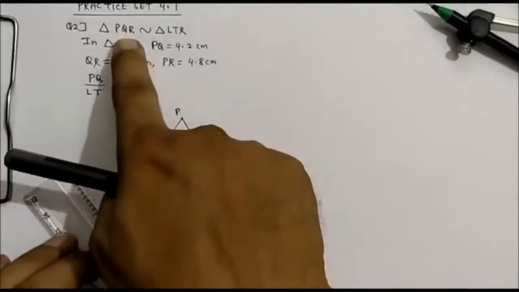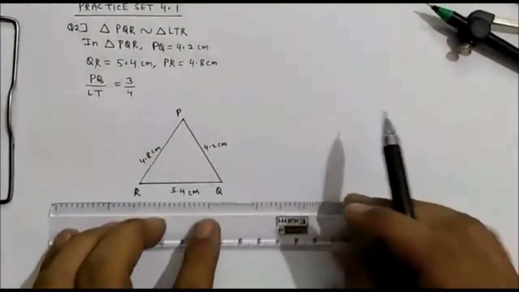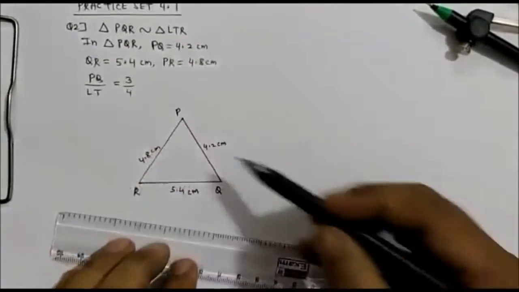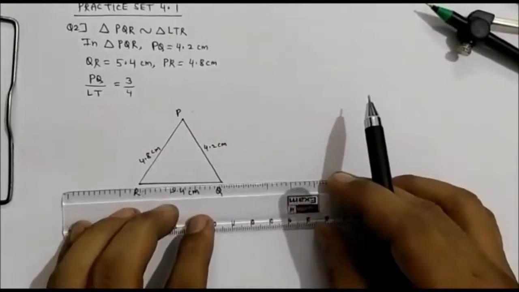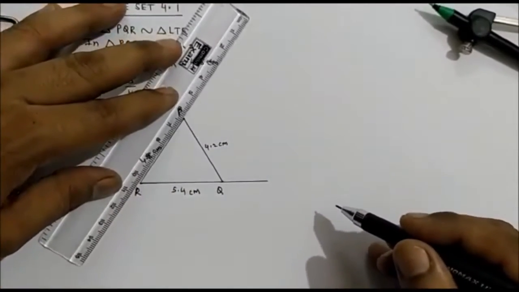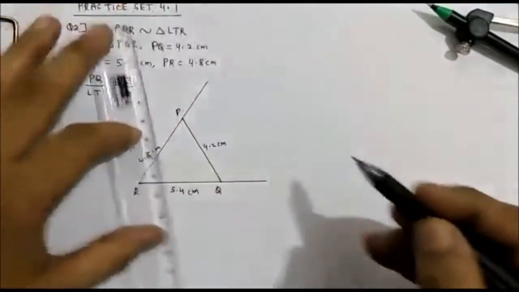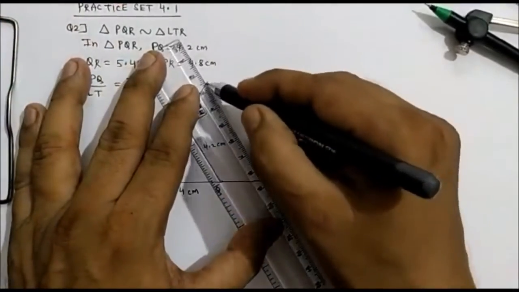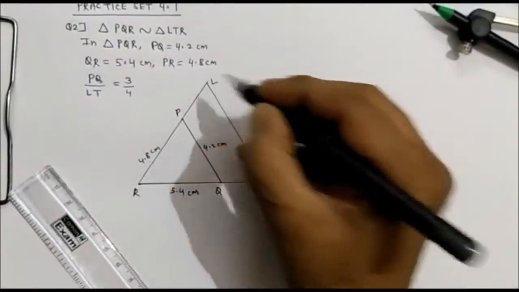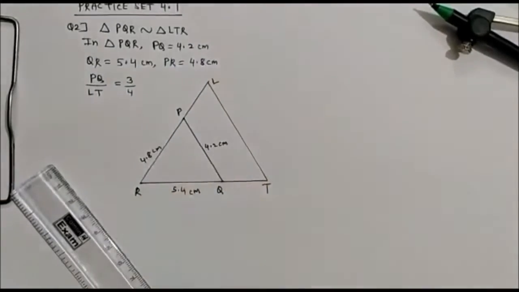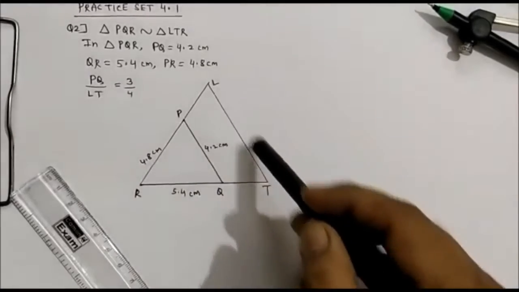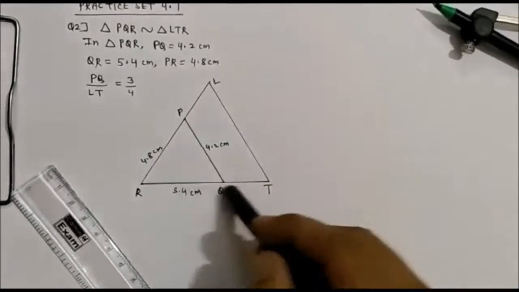Now PQR is similar to LTR, and the other triangle will be outside this because the ratio PQ upon LT is 3/4. So this is PQ, and LT will come outside. Just extend this. This is a rough figure, students. So this triangle is PQR and now L will come here, LTR, and this is PQR. First we'll construct triangle PQR, then we'll go for constructing LTR. Yes, you all can do the rough figure.